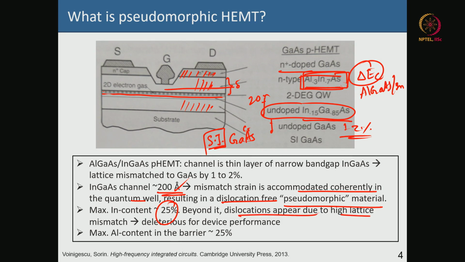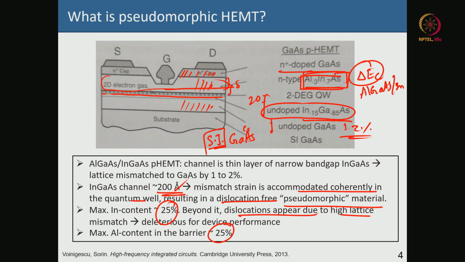Okay. And the aluminum content in the barrier could be around 25%, no more, because again it will get strained. The aluminum gallium arsenide or indium aluminum arsenide that you are putting on top also is getting strained to the gallium arsenide layer below. So, you do not want a very high aluminum content, otherwise you will start straining the barrier, and again dislocations will appear there. Okay. So, this is a pseudomorphic HEMT, and it gives you much higher electron velocity, electron mobility,